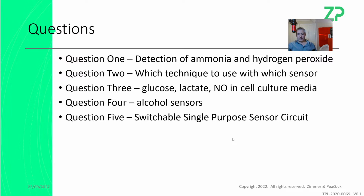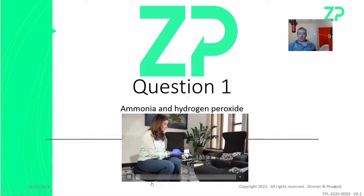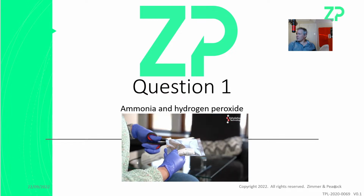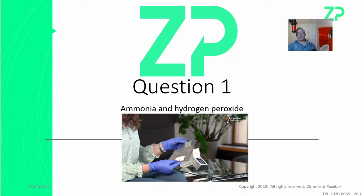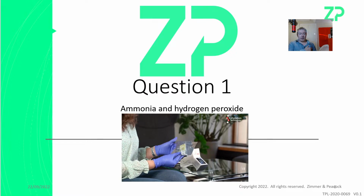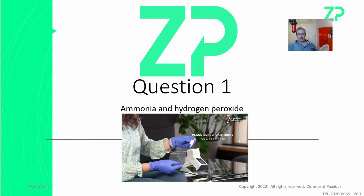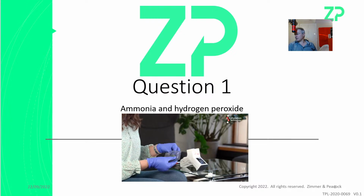So now I will drive on a little bit faster and say that we did have a question about measuring ammonia and hydrogen peroxide. They didn't really say gas phase or vapor phase, but there's a whole discussion about, if you're measuring ammonia, are you measuring it in the gas phase or the vapor phase? And it's definitely the same with hydrogen peroxide. People talk about gas phase sensing, but strictly speaking, hydrogen peroxide is actually in the